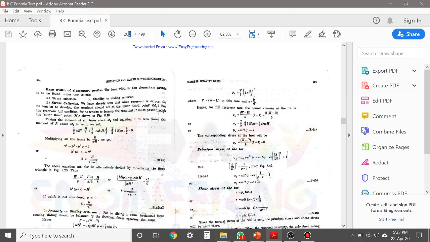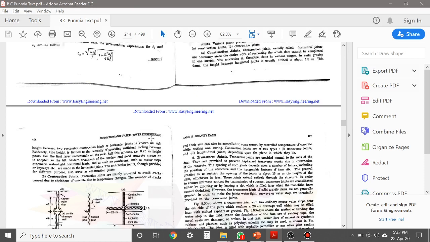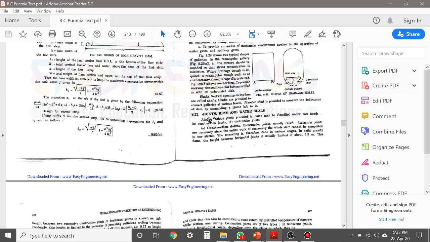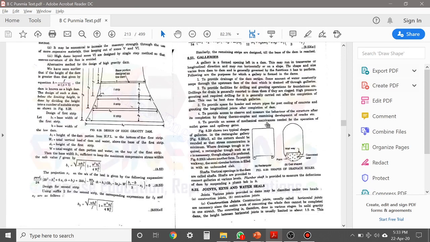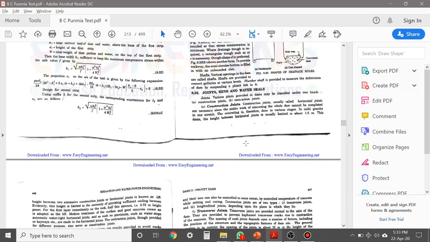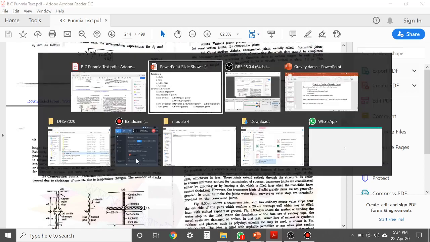If you refer to PDF page number 214, see here, joints, quay, water stops. Here different types of drainage galleries and their functions are also explained. Just refer to the textbook and prepare these topics